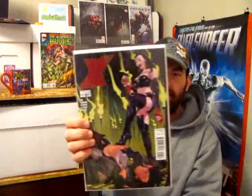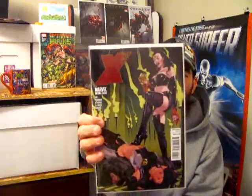X-23, issue number 6. Oh yeah, Hulk was a $3 book. X-23, that's a $3 book. Kind of a nice cover there. The Sinister stuff, I don't really care. X-23 is kind of cool, but